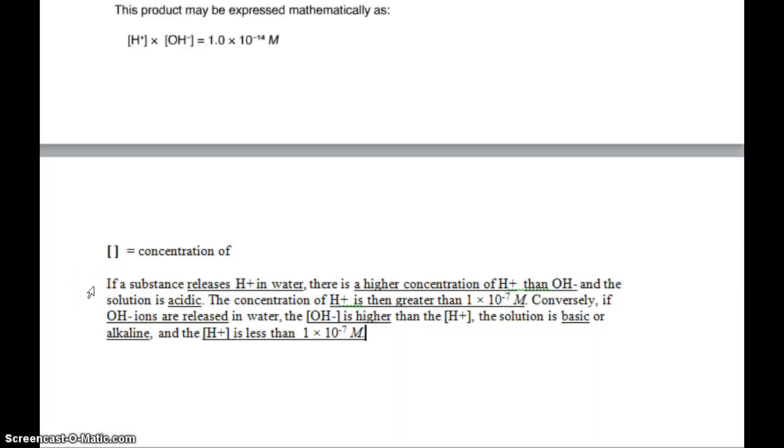So to our notes, I added, if a substance releases hydrogen ions in water, there is a higher concentration of hydrogen ions than hydroxide ions, and the solution is acidic. The concentration of hydrogen ions is then greater than 1 times 10 to the negative 7th molar. Conversely, if hydroxide ions are released